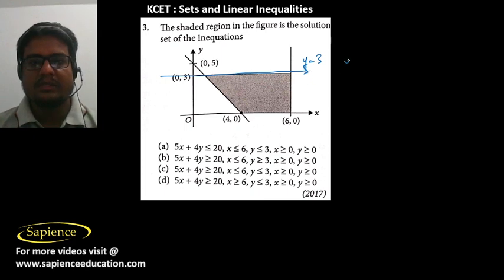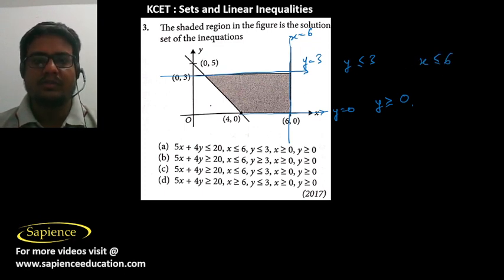So y should be less than or equal to 3, and this line, this equation is y equal to 0, so this should be y greater than or equal to 0, and this straight line equation is x equal to 6, so x should be less than or equal to 6,